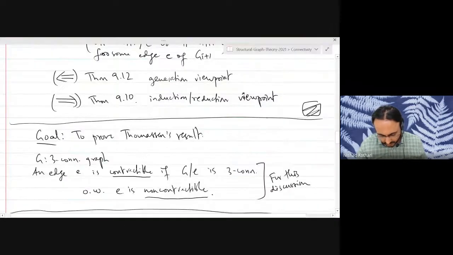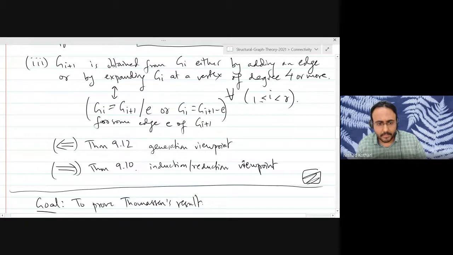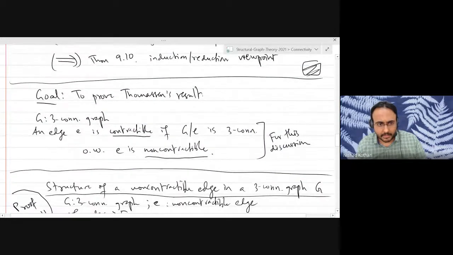In the forward direction, it depends on Thomason's theorem, and in the reverse direction, which is much easier, it's theorem 9.12, which was basically a do-it-yourself exercise. So the difficult part is Thomason's result,